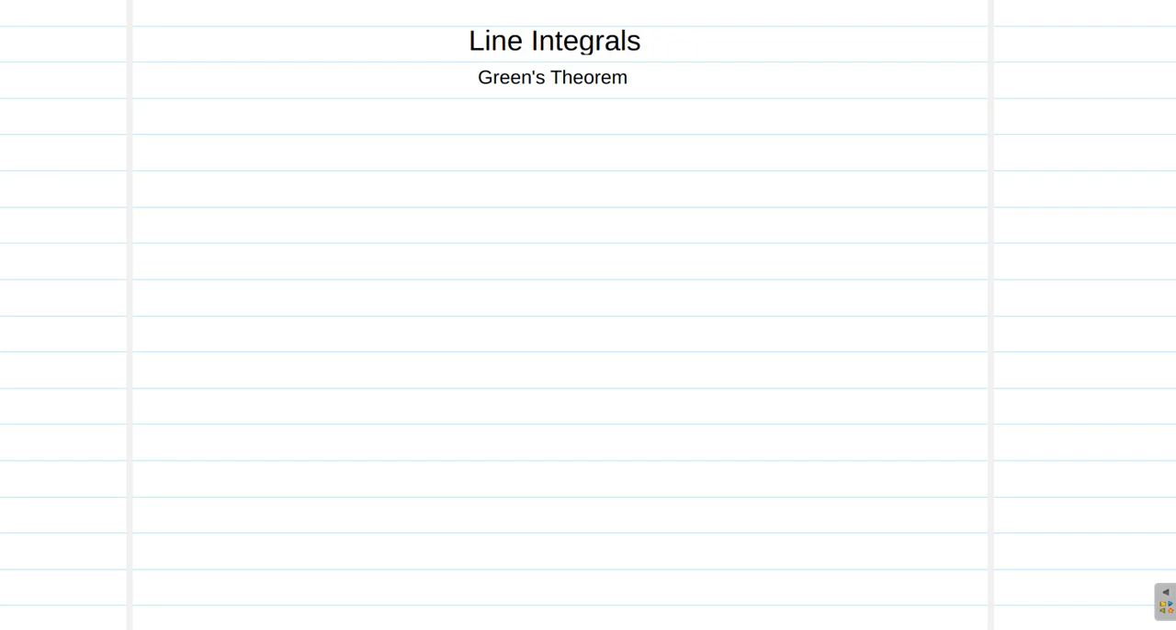Let us look at another example of an integration where we perform a line integration and we use Green's theorem. All right. Now, the integral, let's call it I, is equal to the integral along a curve around a closed path of xy